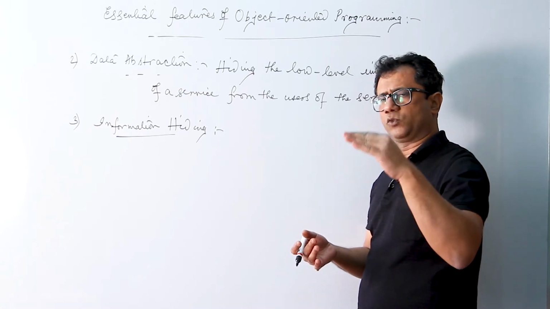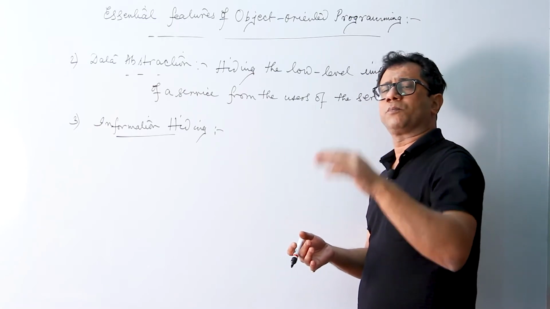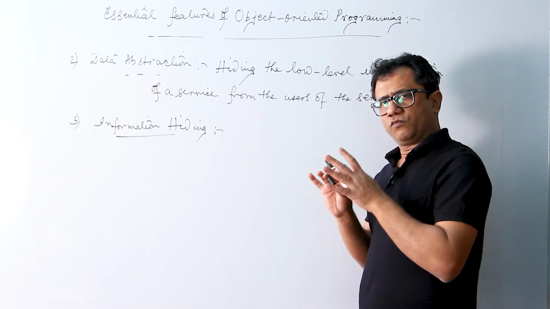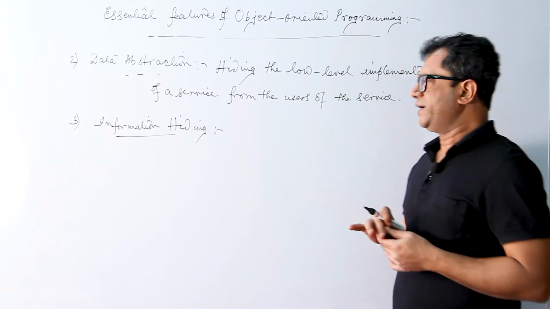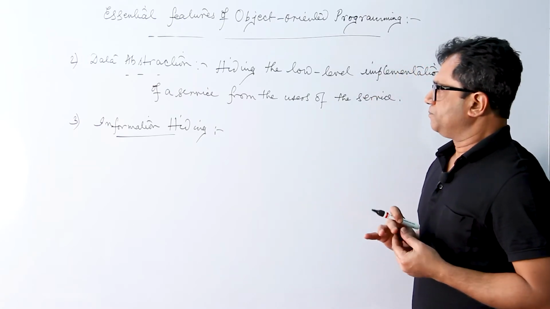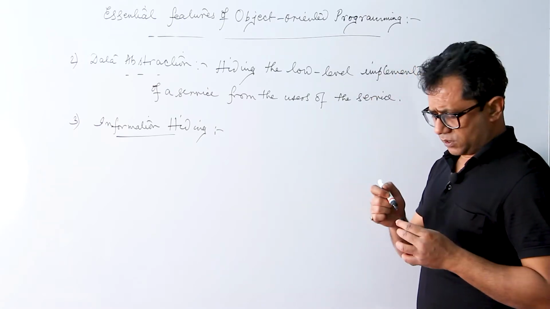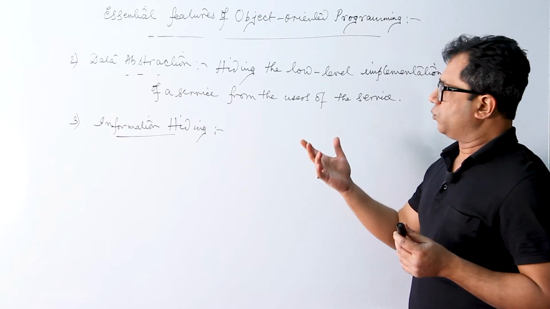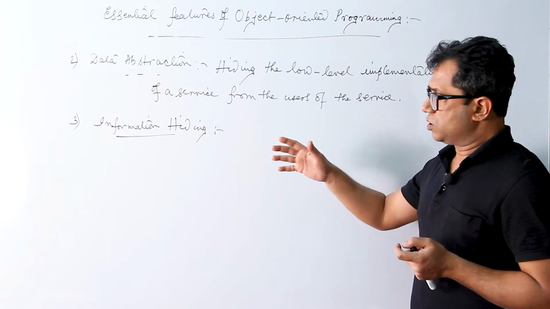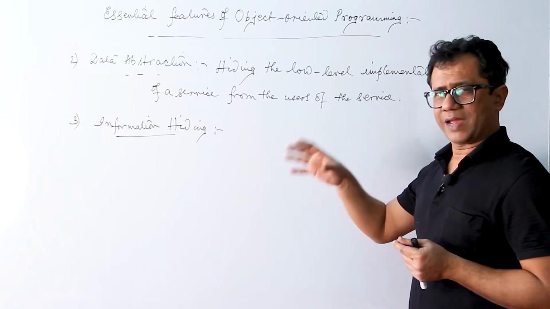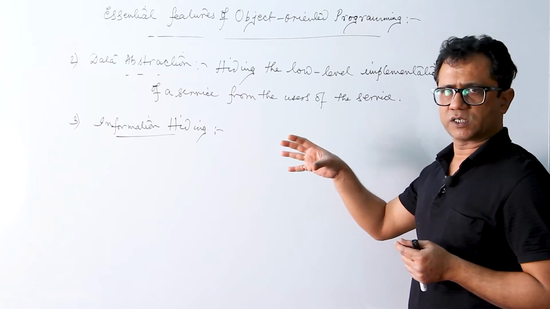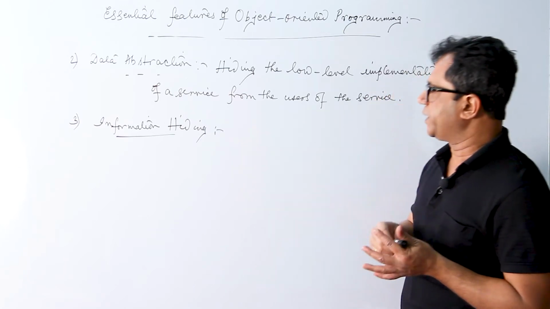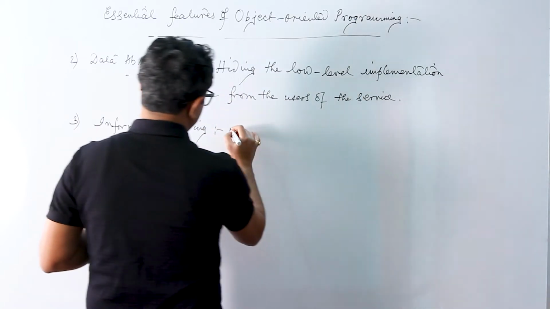If we just keep those data under the protected or private section, we can prevent access of those data members from outside the class, and only the functions which can be declared in the public section can deal with those data, which essentially should be the functions of that class itself, and those functions are called member functions. So information hiding is nothing but we can hide